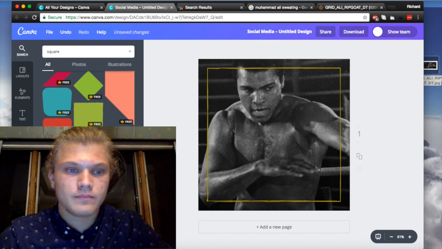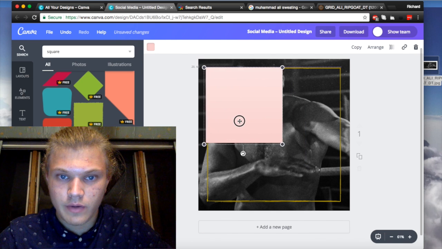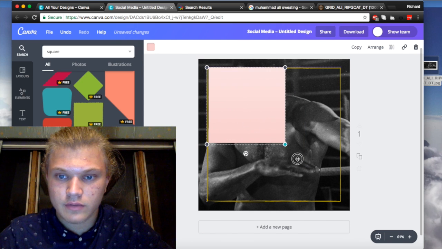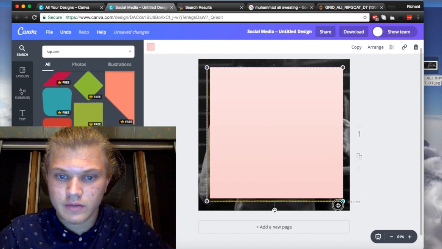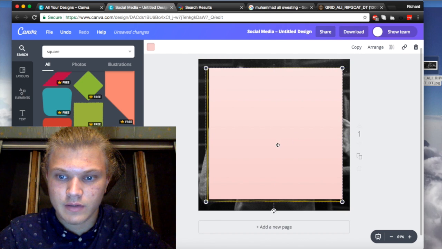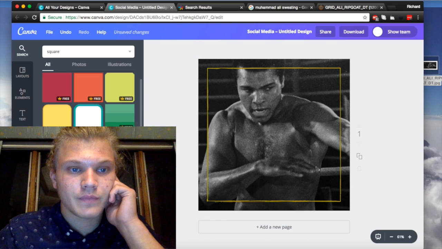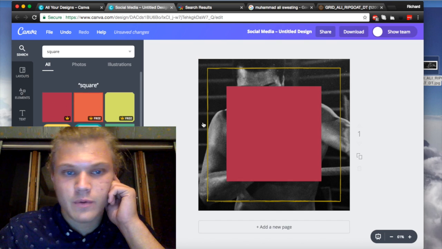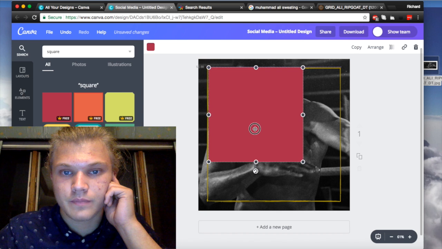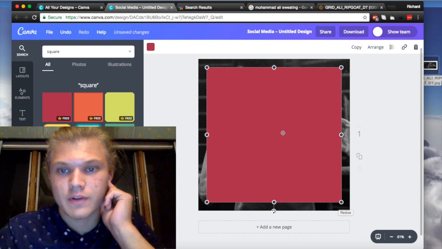Okay, now we're going to look for something like this. We're going to drag it right there. No, it's not the right size. What the heck? Right there. I don't think that one's going to fit well. Okay, we just need a regular square, bro. Here we go. This will work great. Boom, you know it's centered.